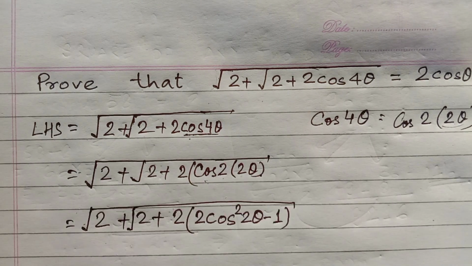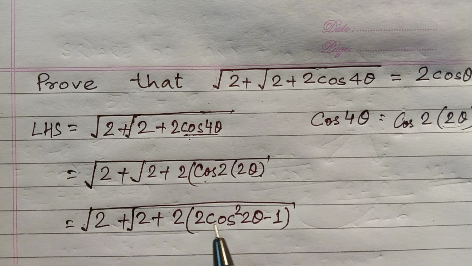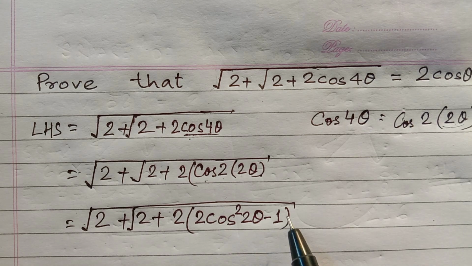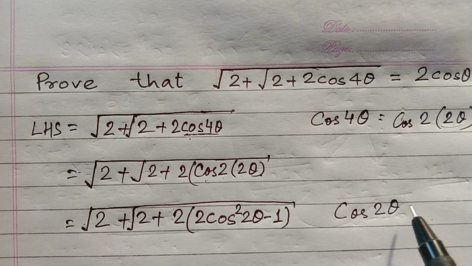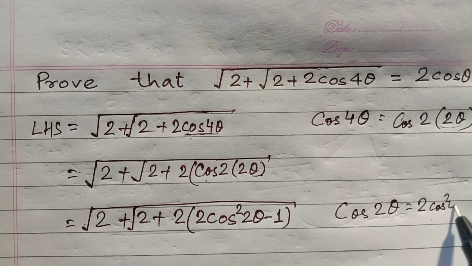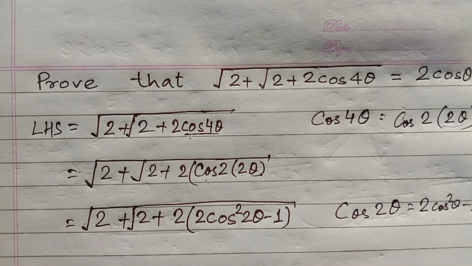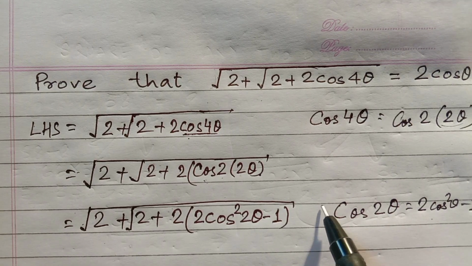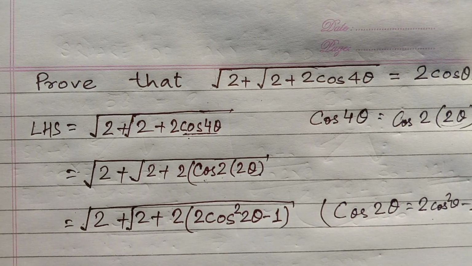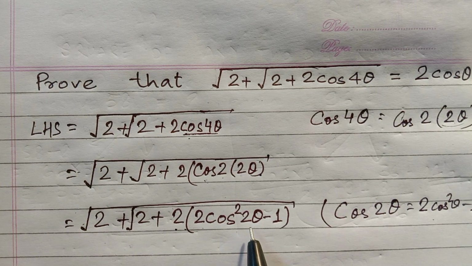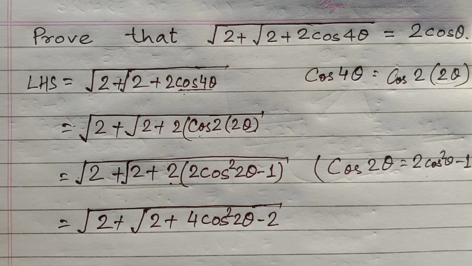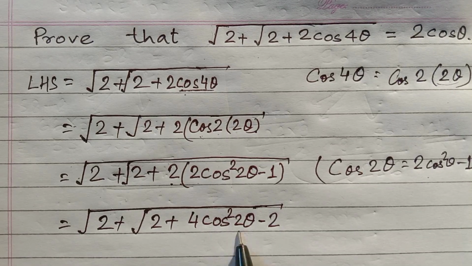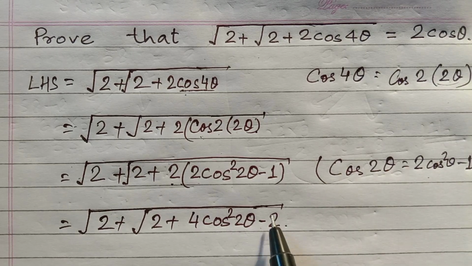Okay, so now I have written 2 cos square 2 theta minus 1, since cos 2 theta is equal to 2 cos square theta minus 1. Okay, so now I'm going to multiply this term. Now in the next line I'm going to multiply. Let's multiply. So after multiplication I got 4 cos square 2 theta minus 2,